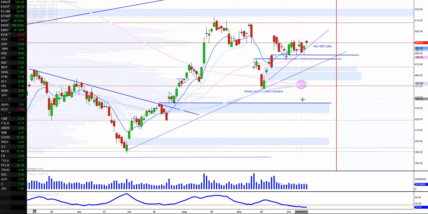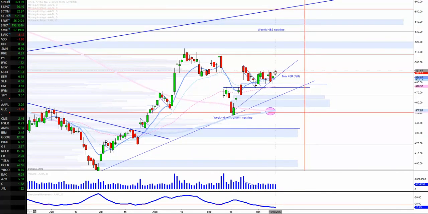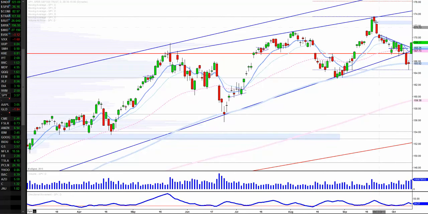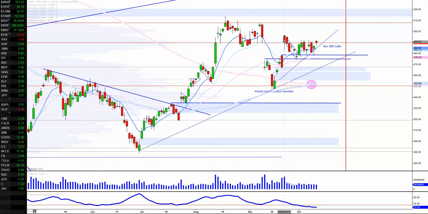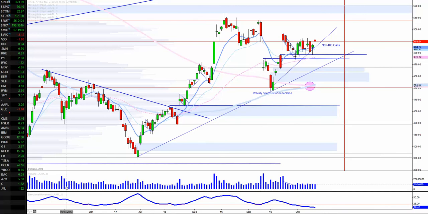And then also one thing I looked at was right here. You can see how the 100 SMA and 200 are about to cross, and this is a long-term thing. This right here is going to help us not just the next few days, but maybe the next several months or so. But that's a plus. Another thing I really like is that we're above the 10, 20 MA and 50 MA still, and we really held up very, very well. I know we came down here, but given the fact that SPY did this plunge, when was the last time the market plunged and Apple was able to hold up there? So again, with the data given to me as of today, to me it looks bullish.